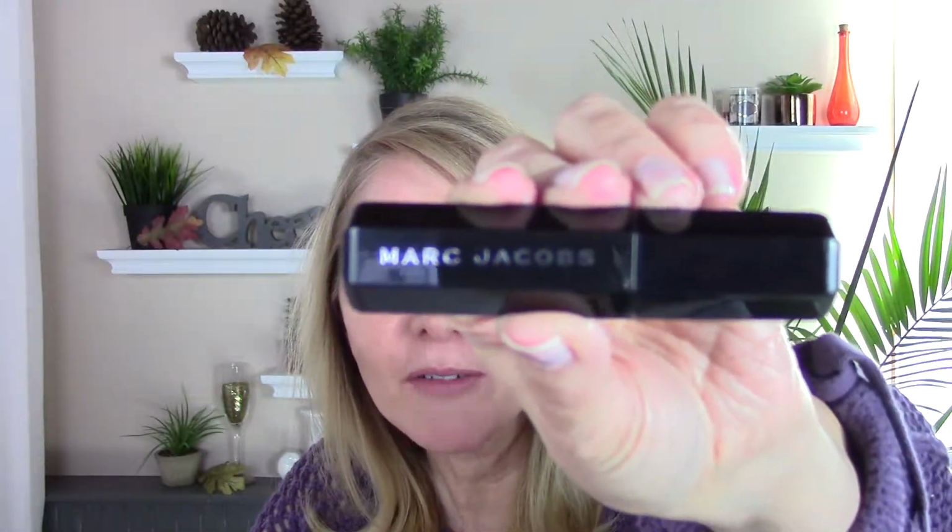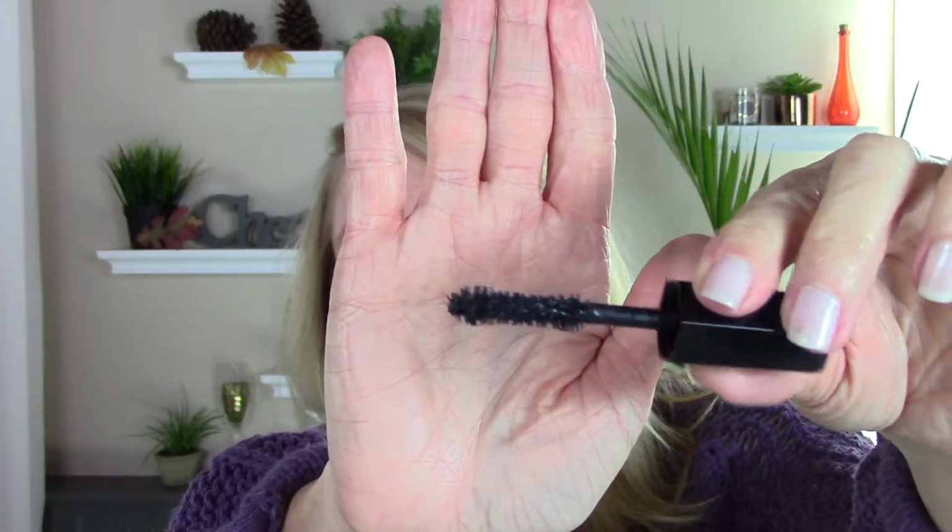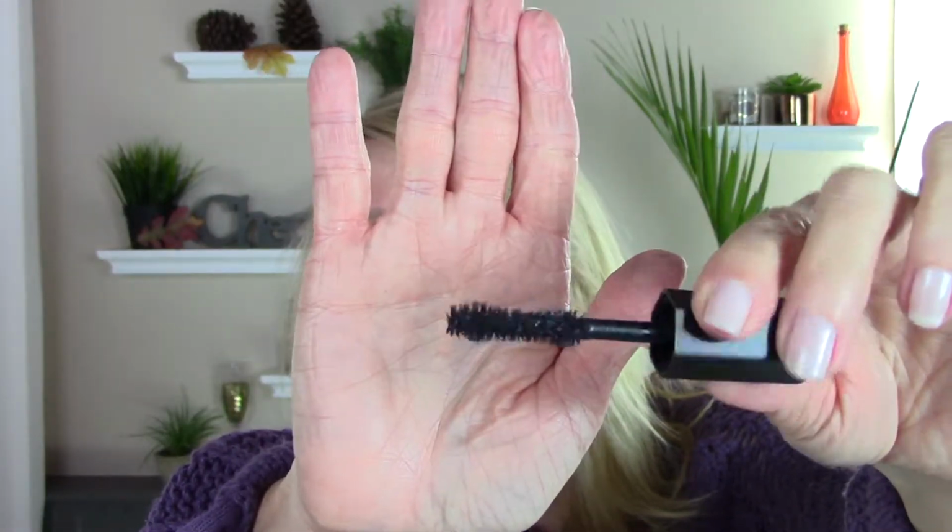Normally I can just dust them off and go, but I wanted to try something that I had heard about on YouTube from a couple of my favorite YouTubers, and it's by Marc Jacobs. It is the Velvet Noir mascara, and this is the little sample, the little trial size or travel size. So I grabbed this before my trip, and I love it. It has a great kind of hourglass sort of shaped full wand, and it is volumizing,